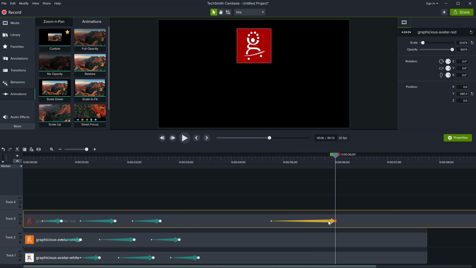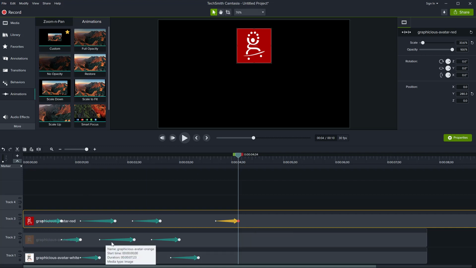But if you don't want to change this all the time, let's say that you usually work with animations that last maybe a second, you can change the default animation duration for Camtasia. This will not change the animations you've already added to your scene. It will change only the new ones.